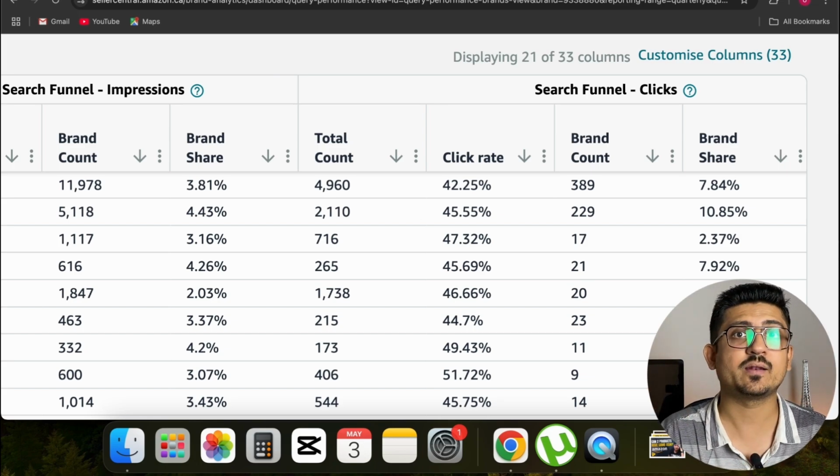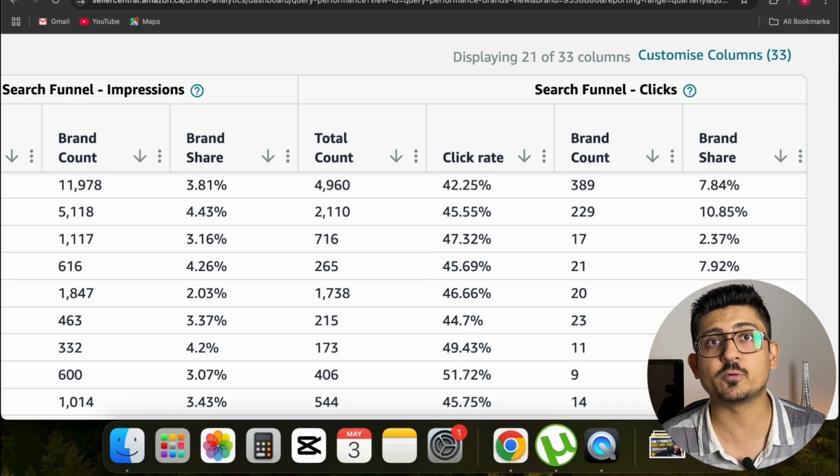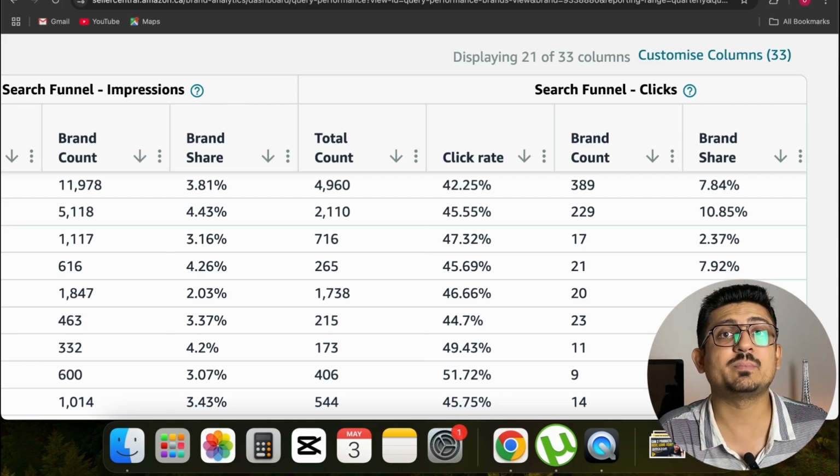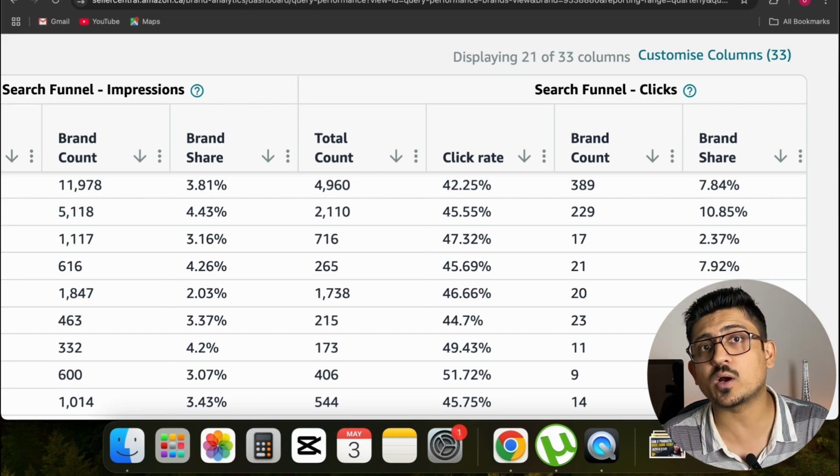But if they click, that's called click. And if they add to cart, that means they have added the product to cart but not purchased. And if they place the order, that means purchase. So it might be possible that some people give an impression, they click, they add to cart, but they will not